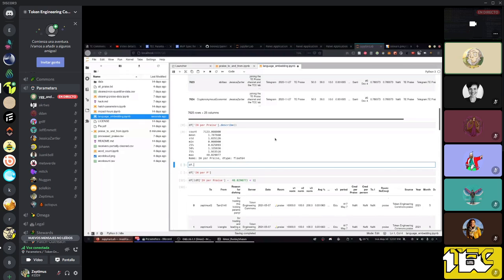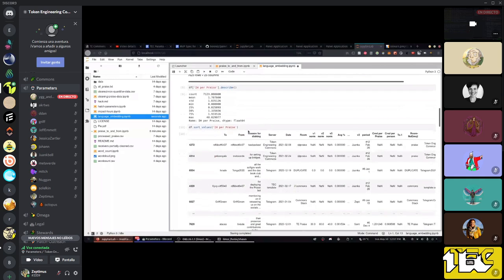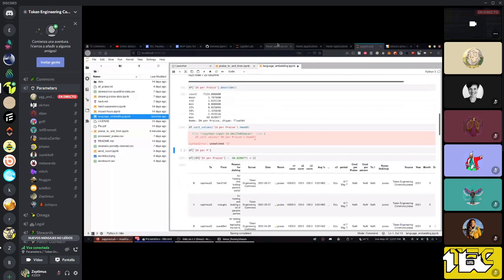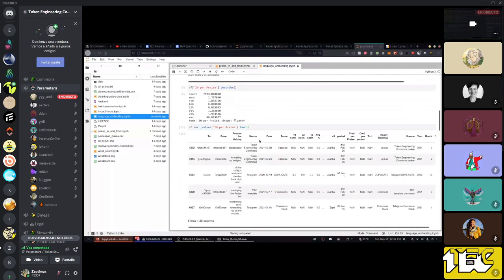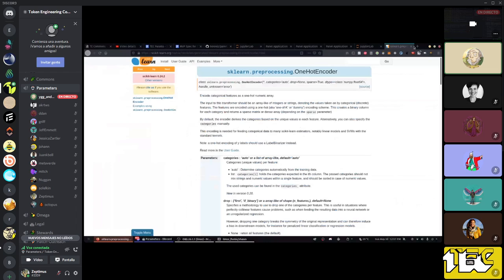Actually, it's df.values, impact hours per praise. It'd be nice to see more rows, I mean columns.